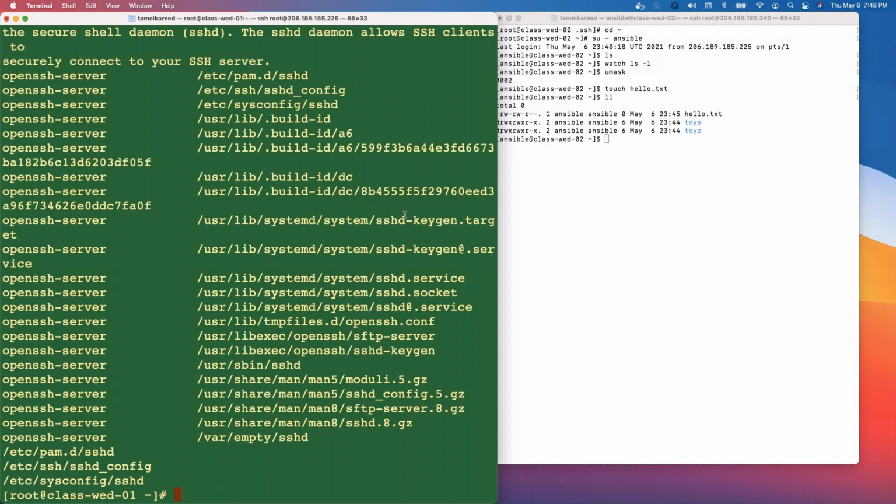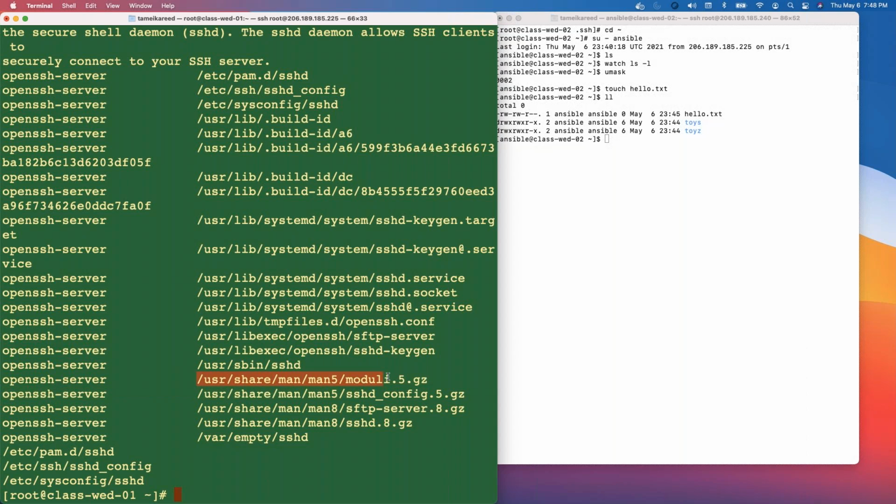From there it tells us what files there are and where they're stored: /etc/pam.d/sshd, sshd_config, /etc/sysconfig/sshd, and continuing all the way down to /usr/share,